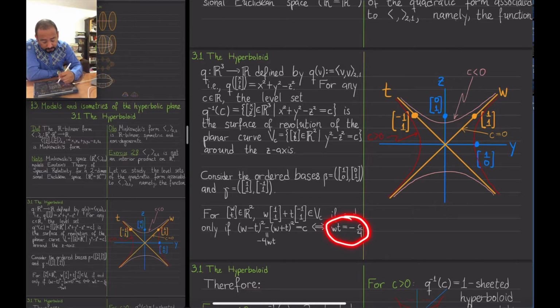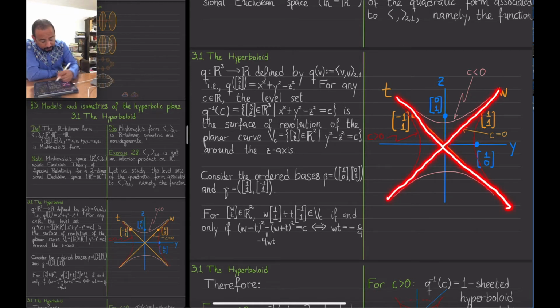And from this equality, I can see that I get hyperbolas, because one fact about this basis is that the two vectors are orthogonal. So even though this is not an orthonormal basis of R2 under the ordinary dot product, they are at least orthogonal. Here you can see both vectors. This means that if I draw the one-dimensional vector subspaces that each of these vectors span, which is just another way of saying that I draw the W axis and the T axis,